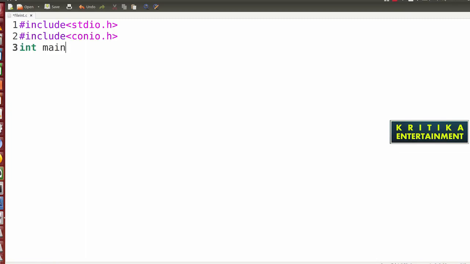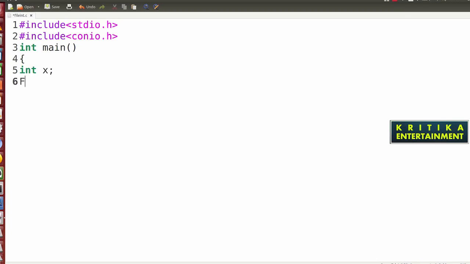These are the two most important functions in C file handling, file operation: getw and putw. So here I will declare one variable x to take the input from the keyboard.